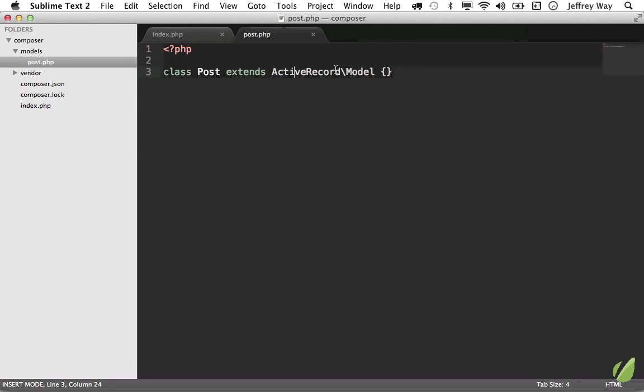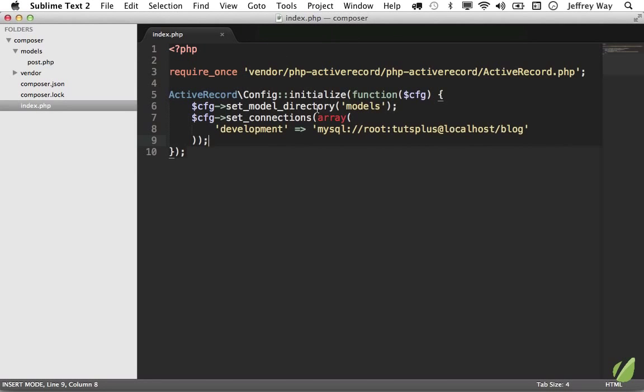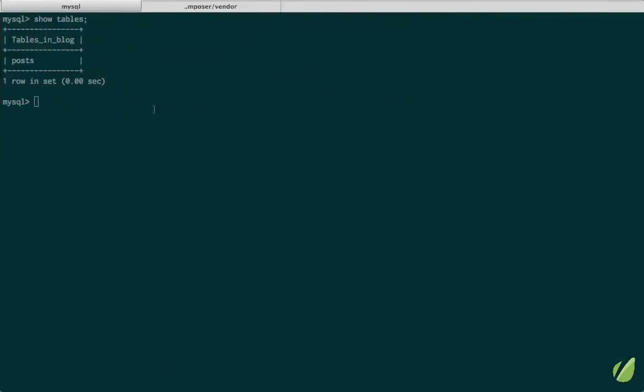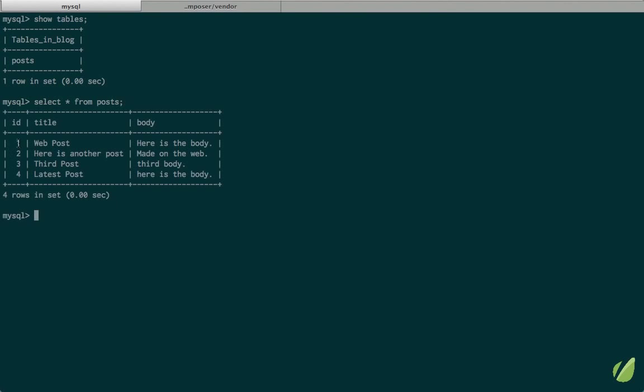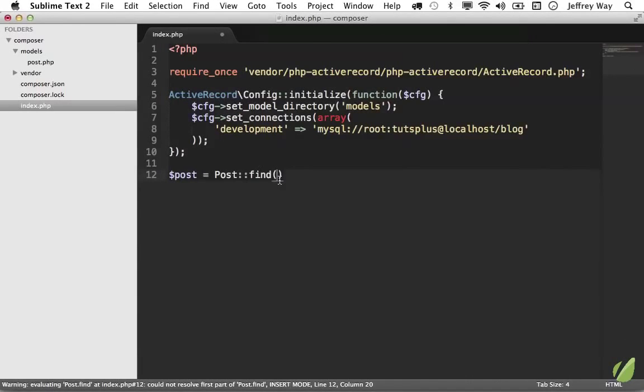was defined there. And believe it or not, with that little bit of code, now we have this beautiful way to connect with our tables. I'll give you an example. Let's say post equals, and now we can access this table using the post class. So watch, I'm going to say post find, and I'm going to specify an ID. Let's see which one we want. Select star from posts, and we're going to find the ID of 1. So we'll come back and say find 1, and now I'm going to print our post and view this in